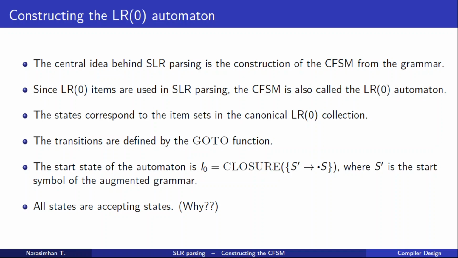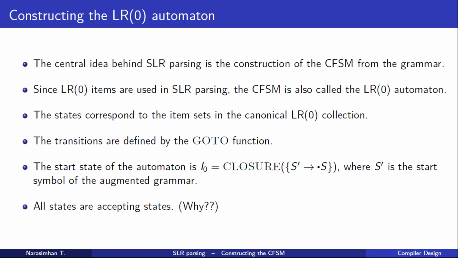Welcome back. In the last lecture we discussed how to construct the canonical collection of item sets. Today we are going to see how you can construct the CFSM from the canonical collection. Typically, we will see how to construct the CFSM from a canonical collection of LR0 items. Since you are constructing the CFSM from the canonical collection of LR0 items, the CFSM will also be called